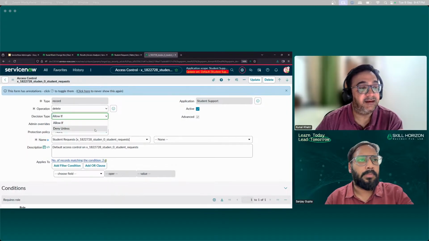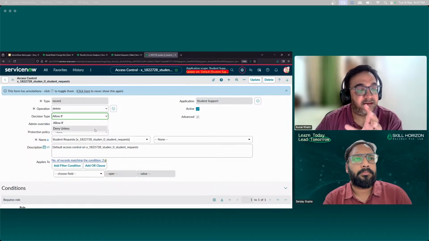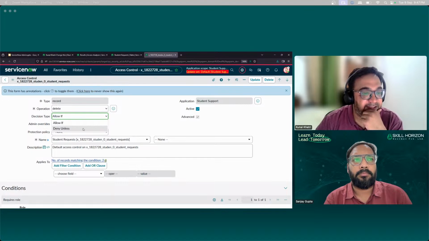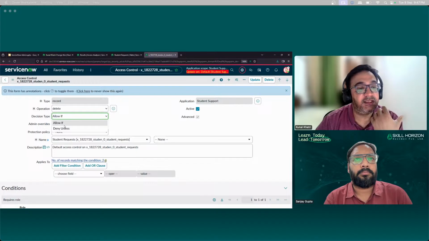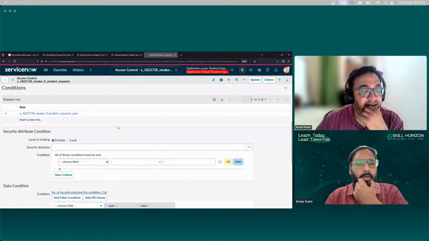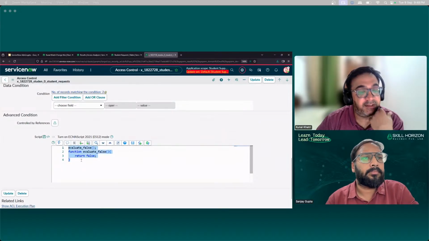But deny unless is a very different game altogether, where it is more aggressively denying. Only if you pass this very small amount of conditions are you able to access it. If not, nothing. And it kind of overtakes even allow if. So even if you pass all the allow if ACLs, but deny unless denies you, then you're out. And we did not cover this part. This can actually be very important and very